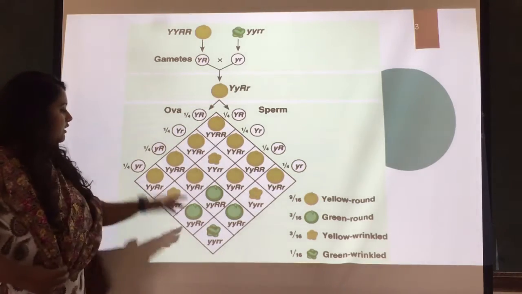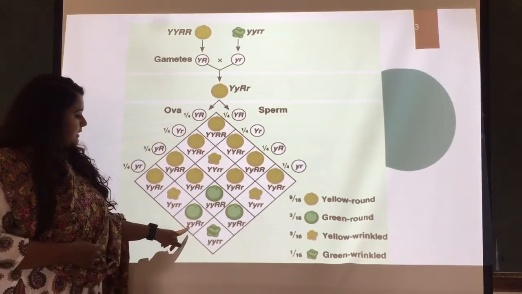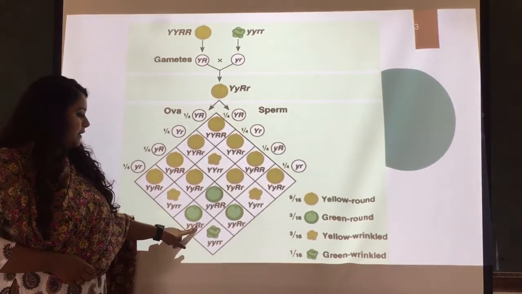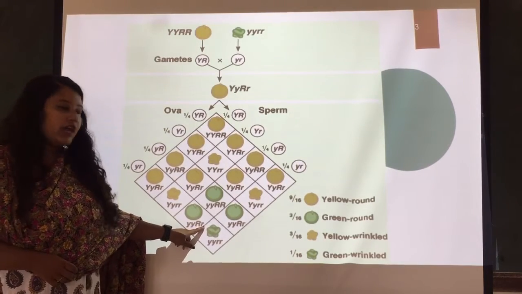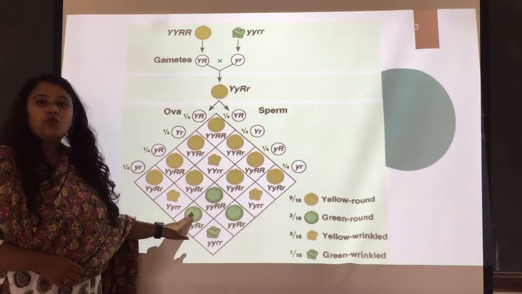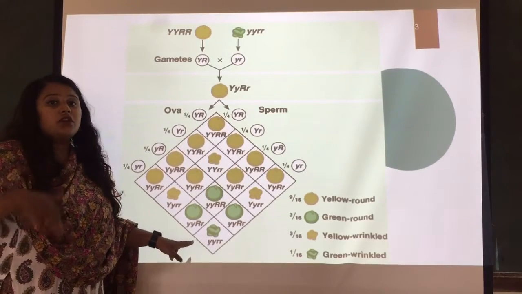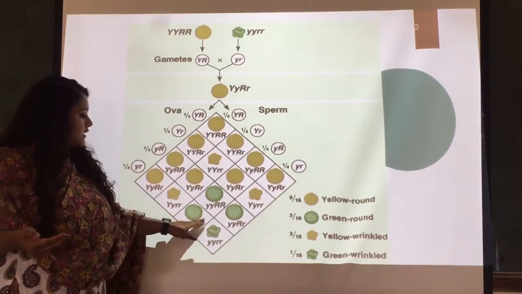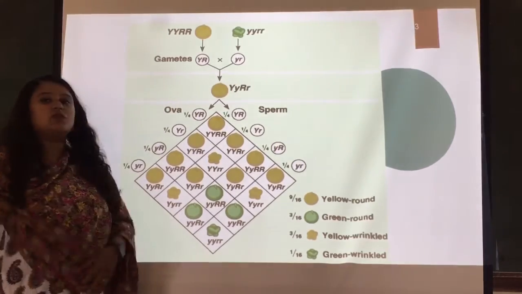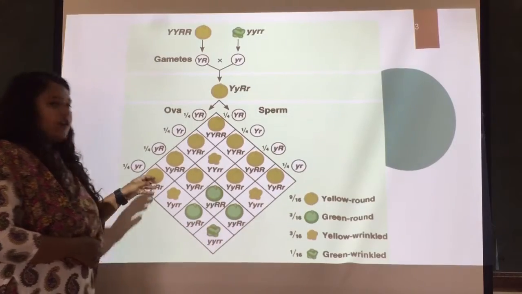So same way, for these two also, what happens? This also occurs as small y, capital R, small r. So here what happens? Capital R is dominant over the small r, and the small y is going to show what? The green color, and capital R, as it is dominant over the small r, this R is for round shape, and as it is dominant, the shape of the seed will be round, right? So all these 16 types are formed.